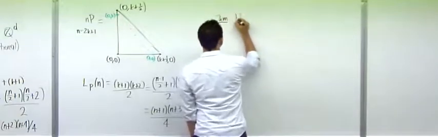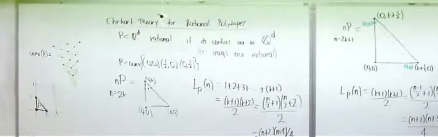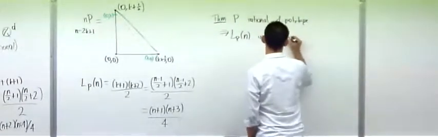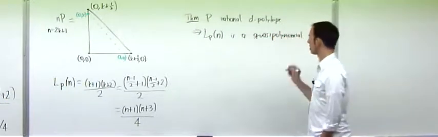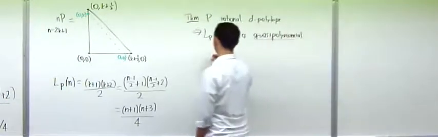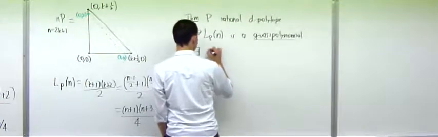Theorem: if P is a rational d-polytope, then this thing is a quasi-polynomial. And what that means is that there exists a number, let's call it n, such that